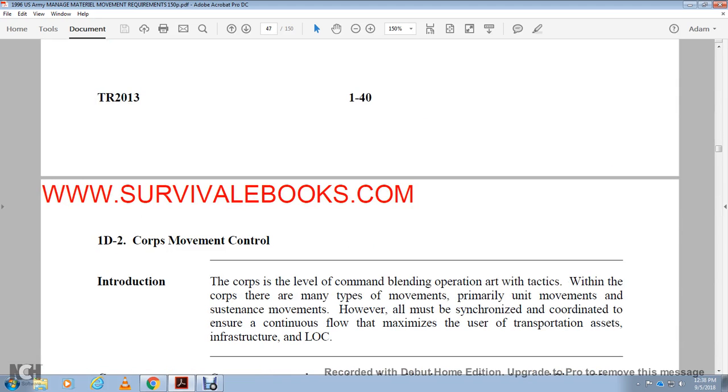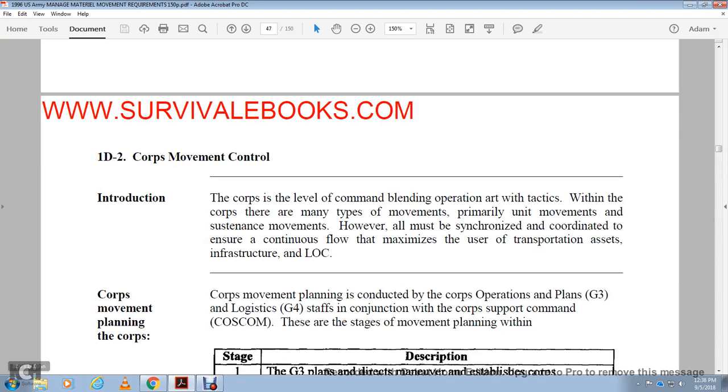Introduction. The corps level of command issues orders over the tasks for the corps, covering many types of movements with the units. However, all must be synchronized and coordinated to ensure the continuous flow and maximized use of transportation assets on the LOC. The corps movement planning is conducted by the corps operation plans